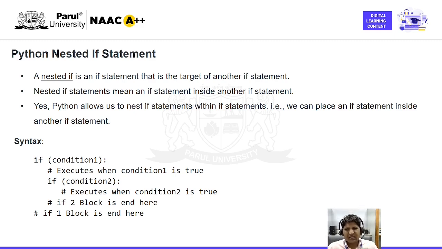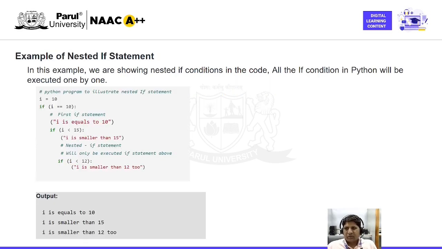That is known as nesting of a nested if else statement, that is, creating a nesting of if statements. For example, I is 10. If the value of I is equal to 10, first I is equal to 10. If I is less than 15, I is smaller than 15. If I is less than 12, I is smaller than 12 too. It means all three statements are executed because